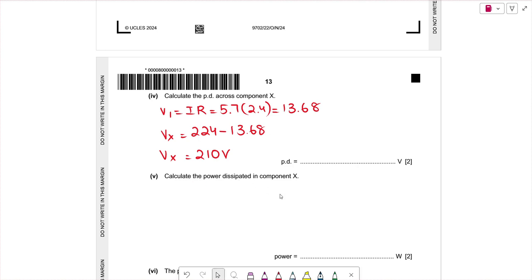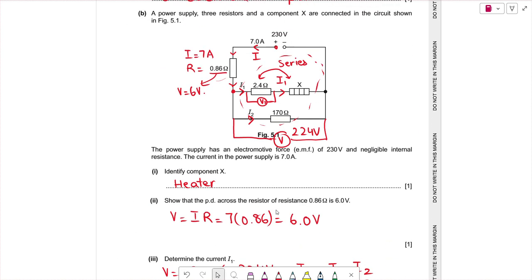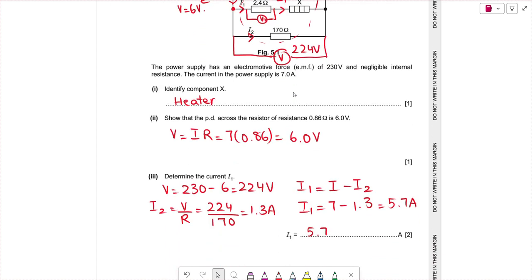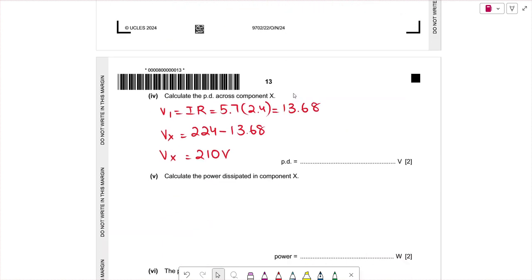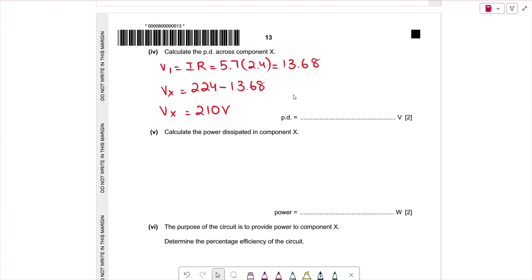Calculate the power dissipated in the component X. Now we know the voltage across the resistor X and we also know the current passing through resistor X, which is I1. So we can find the resistance of this, or we can directly use the formula for power, which is P is equal to IV. So if we use the formula P is equal to IV, current passing through the resistor X